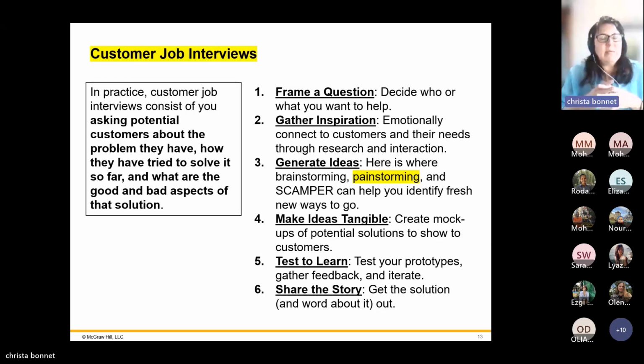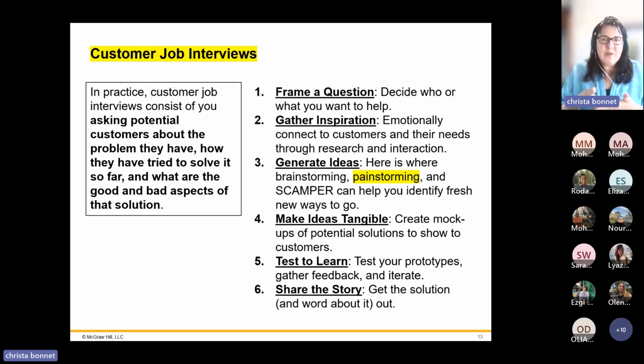Then the third one is to help them generate ideas. This is, for example, where you can do mind mapping, brainstorming. We're going to do brainstorming now. That's why I've made it yellow. We've just done SCAMPER to help them, and there are other methodologies as well, to help them think outside the box and identify fresh ideas. Okay, but it's one thing to